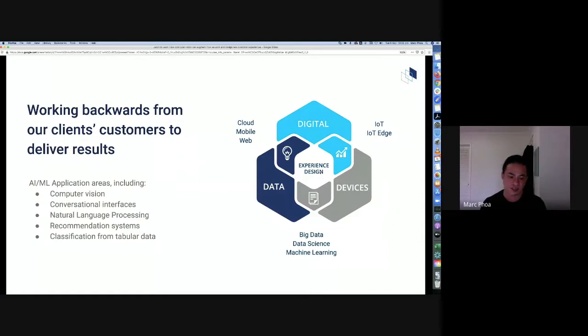Today's talk, however, is focused on machine learning, which is quite broad and a growing space that, as many of you already appreciate. At DiUS, we work across a number of those application areas, including conversational AI, so chatbots and voice, natural language processing, recommendation systems, and of course, computer vision, which is our topic for today. So without much further ado, over to you, Nigel.